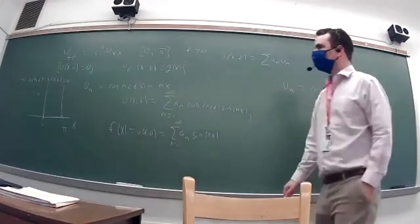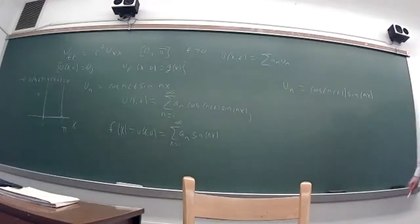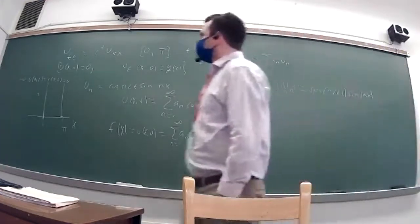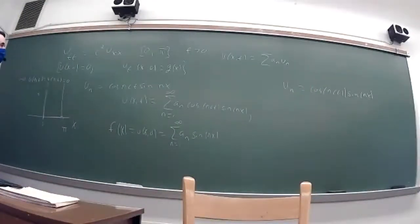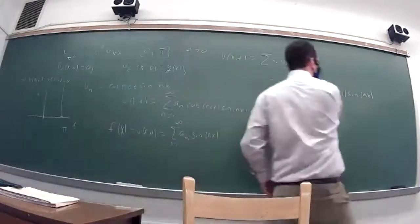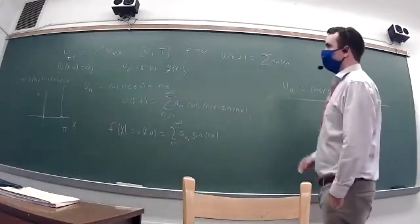Different initial conditions change it though. Well, I didn't want this part. I think, wouldn't this just change the A in the sum? The coefficient? Let's try a different product solution. So let's see. So let's take